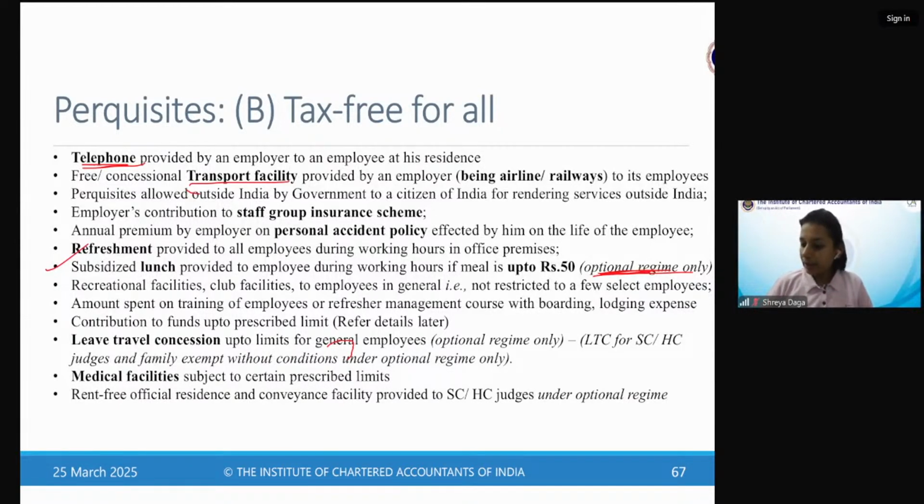ओके, देन recreational facilities, club facilities to employees in general. Like we said, अगर corporate club facility या जिम, ऑफिस का जिम जो सबके लिए अवेलेबल है, वो परक्विजिट नहीं है, ठीक है। उसके बाद अमाउंट स्पेंट ऑन ट्रेनिंग ऑफ एम्प्लॉइज विद बोर्डिंग लॉजिंग। और कंपनीज में होता है कि इंडक्शन ट्रेनिंग होती है, जैसे ही आप ज्वाइन करते हैं वैसे ही वो आपको पढ़ाने लग जाते हैं, ठीक है।